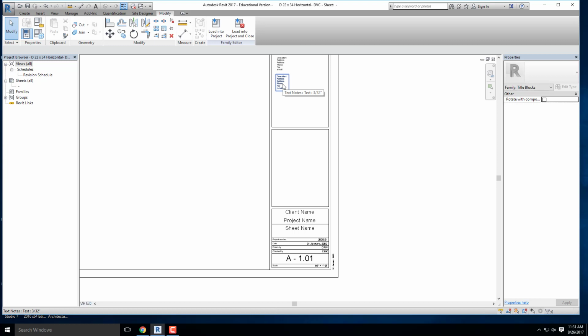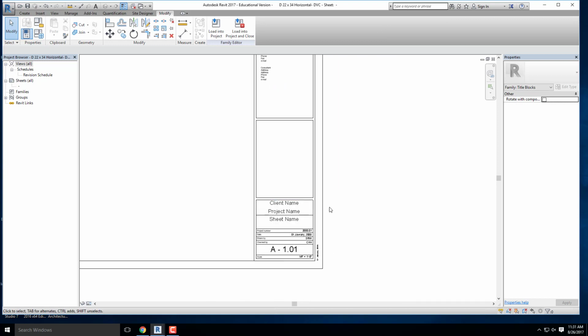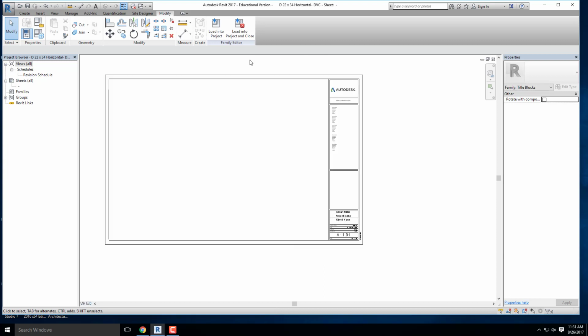text is not editable. Okay, what you see right here in the title block editor is what you get in the project. Whereas a label, right here, notice that it says client's name. A label is actually editable inside the project. Okay, so I'm going to load this into my